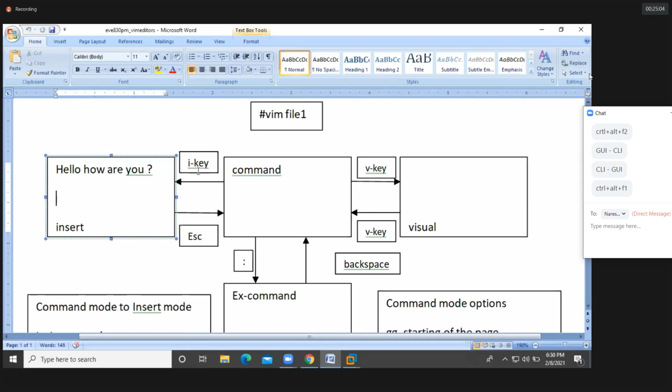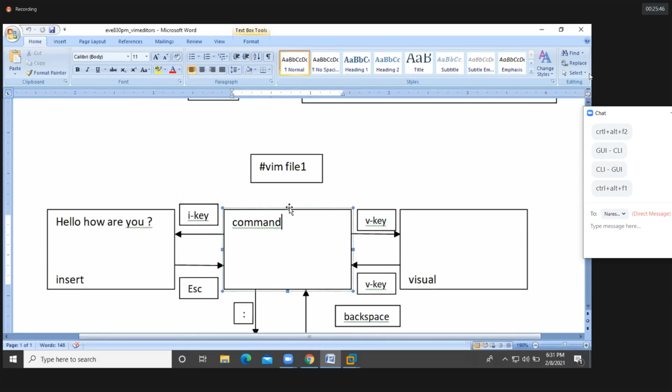How do we enter into the insert mode? Using the small i key. In our keyboard, we have the small i key, no? We need to press that small i key, and we'll get the insert mode. Then you can edit the file. You can type some content inside the file according to your requirement. After completing your work, I need to go back to the command mode. How do we go back from insert mode to command mode? We should use the escape key, guys. We have the escape key in our keyboard, yes. We use the escape key to switch back to the command mode.